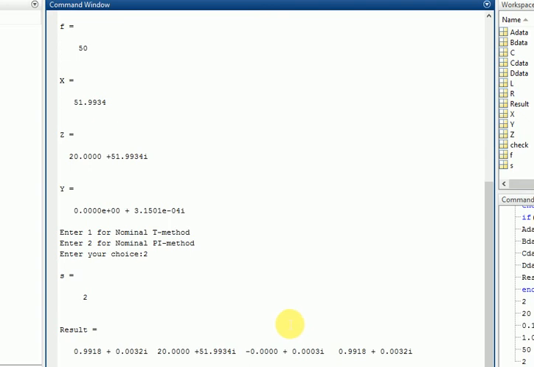So yes, you can see that if I place feeder 2 over here, then this is the value, that is 0.9918 plus 0.0032i, 20.000 plus 51.9934i, minus 0.0000 plus 0.003i, plus 0.9918 plus 0.0032i. So this is the ABCD parameter for the nominal Pi method, for the data I have inserted for the given